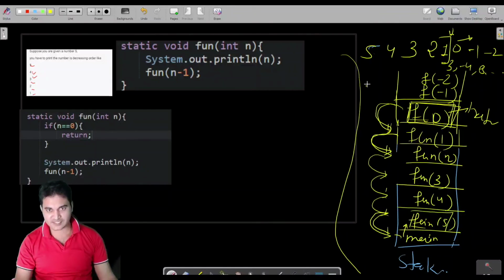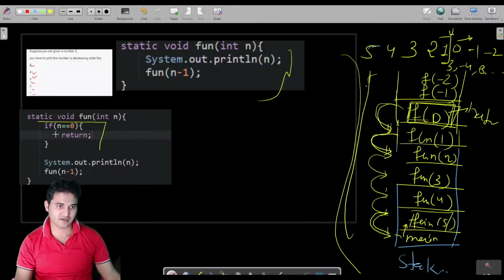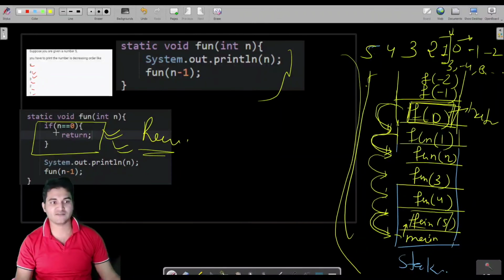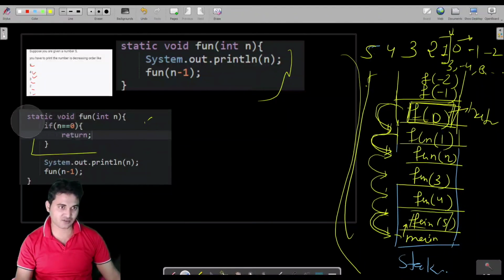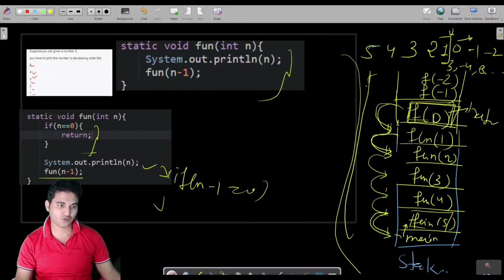This stack mechanism is very important to understand with recursion. And if you are able to figure out the base condition in any program, then of course you can write the recursive logic also. The base condition is important, so you have to analyze from where we need to return. We could write the same condition in this way also: instead of returning at 0 after printing 1, we can check if n minus 1 is 0, then do not call f of 0, just return from here. That would also work.